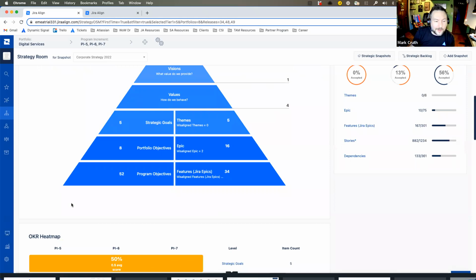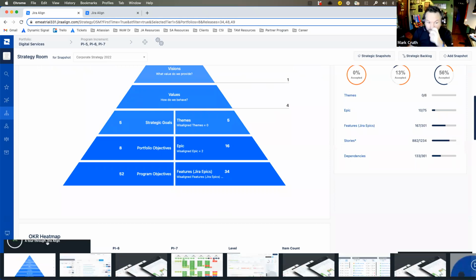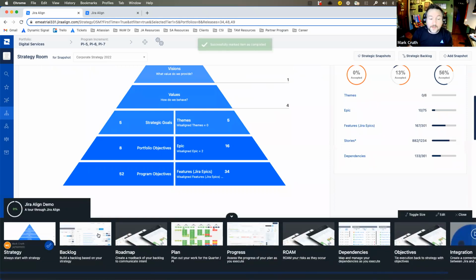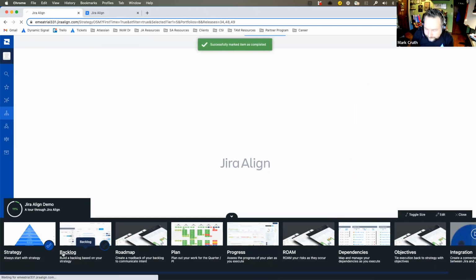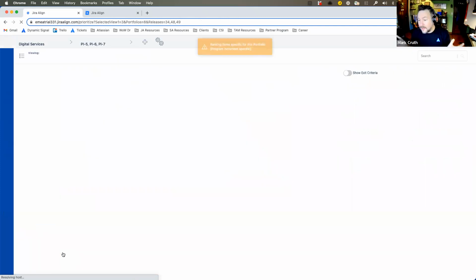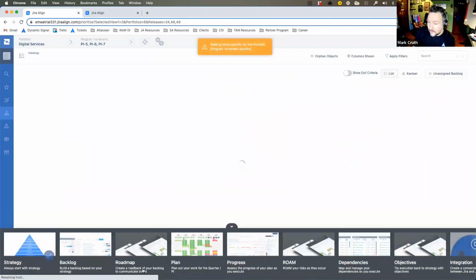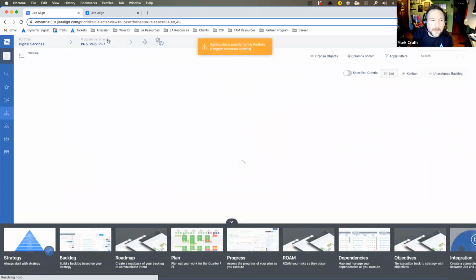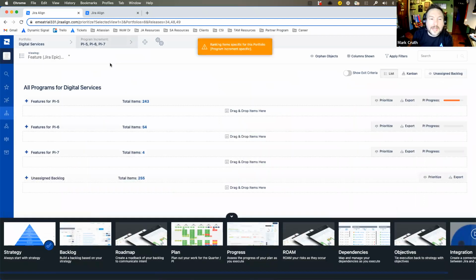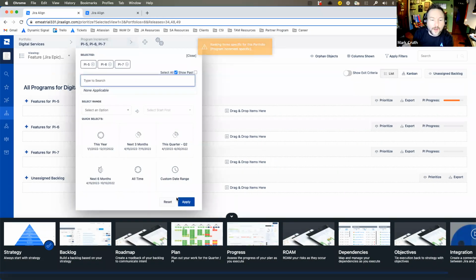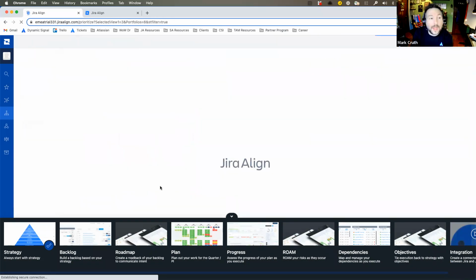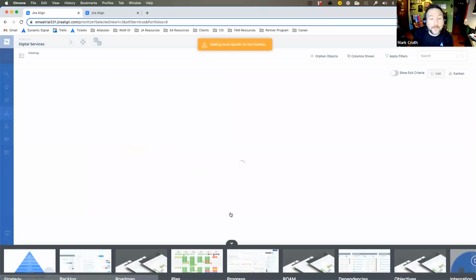So here, I'm going to go ahead and complete the strategy because we've gone ahead and done that. Let's go to our backlog now. So backlogs in any product are a critical piece, as we know. To me, I always talk about backlogs being what we consider the backbone of any good planning product. And so for us, I'm going to go ahead and bring us to our backbone,